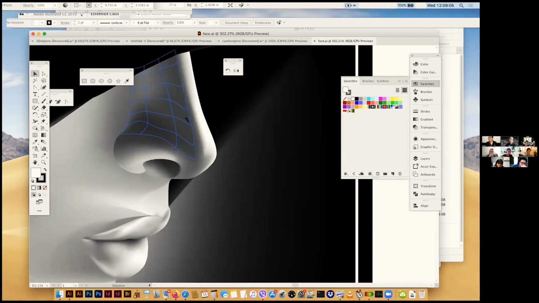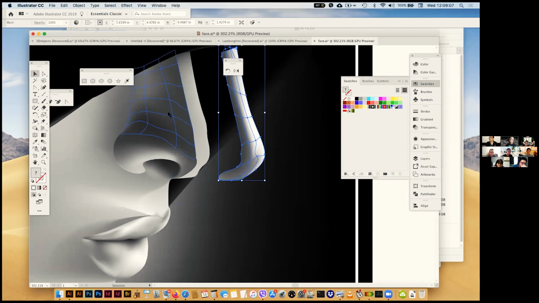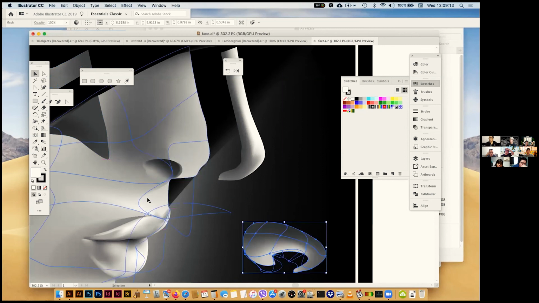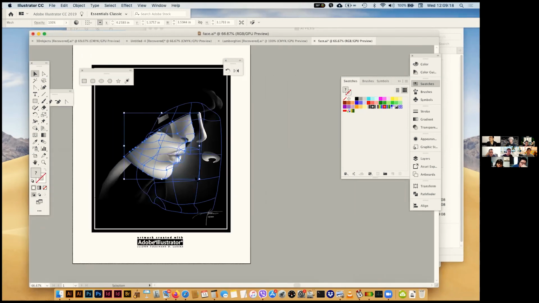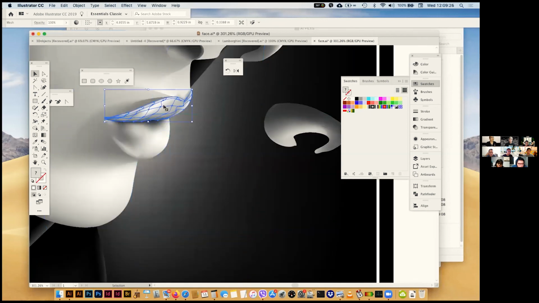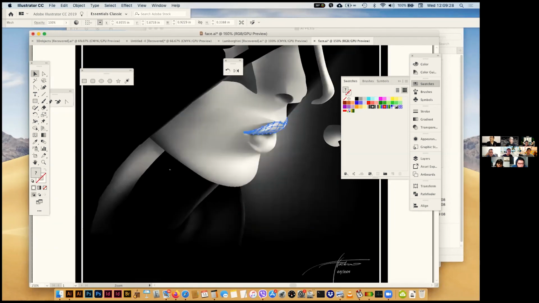Okay? So this one, this process is called stitching. Separate mesh shapes stitched together. Even the background itself is a mesh. Of course, the rest of the background is solid. But this one, even the lips, are made with mesh. Okay? Now,